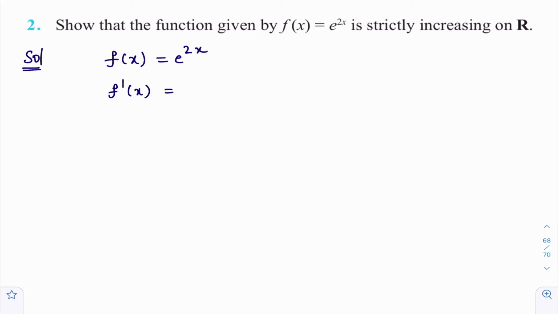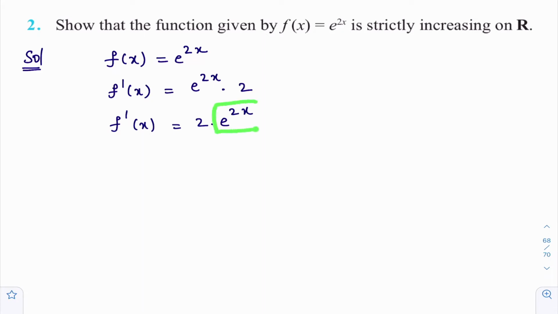Derivative of f of x is f dash of x. Now you differentiate right hand side part. You just apply the chain rule differentiation. You imagine this 2x as x, then it looks like e power x. Derivative of e power x is e power x only. So e power 2x into, in chain rule differentiation, whichever you imagined as x, you need to differentiate it. Derivative of 2x is 2. So I got that f dash of x equal to 2 into e power 2x.